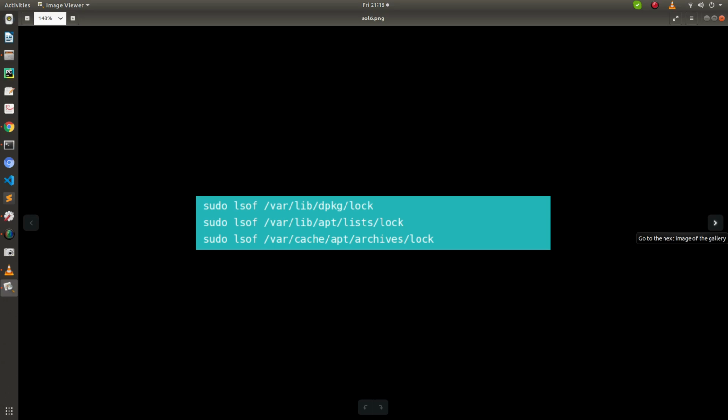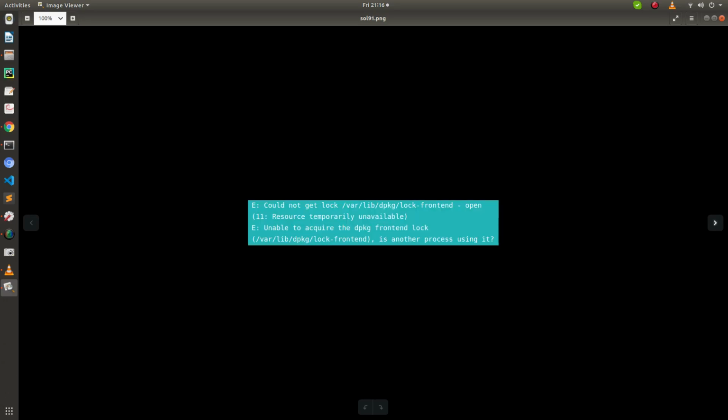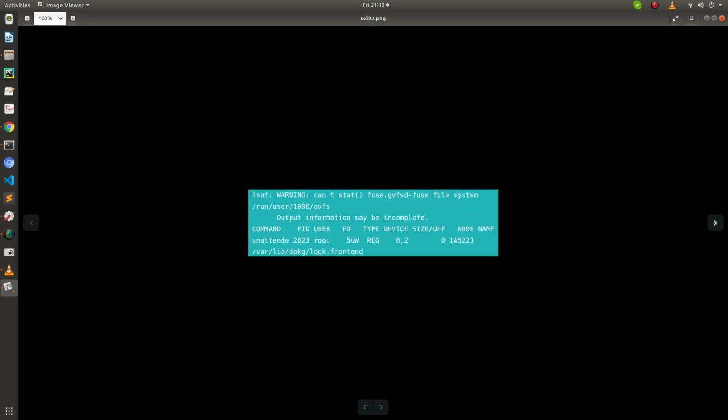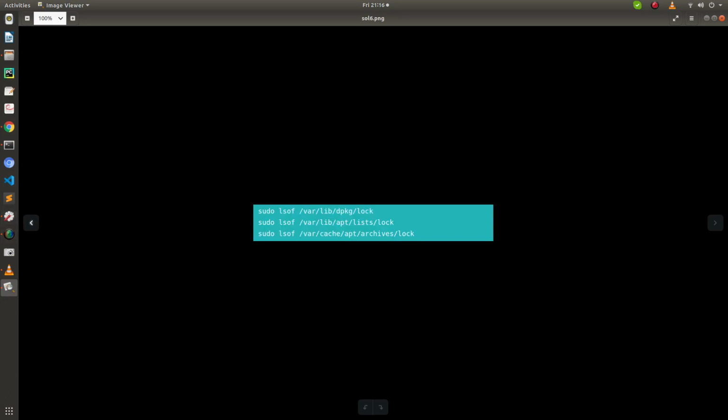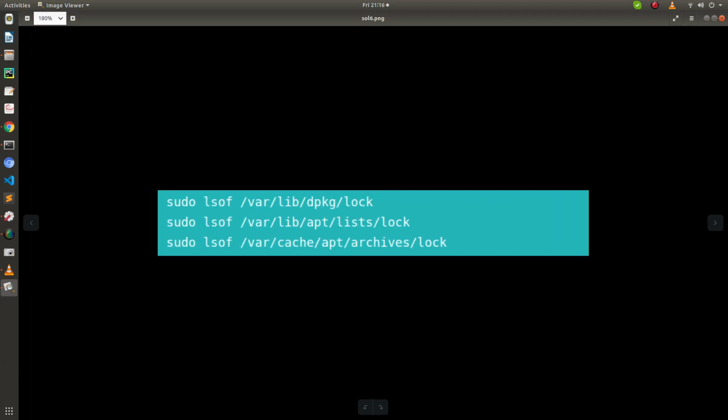You will get an output like this. There will be some PID that is running, and you need to just remember the PID. So let's suppose that you have entered this first line of this script, and you pressed enter, and you got some process that is running, and you got that PID.